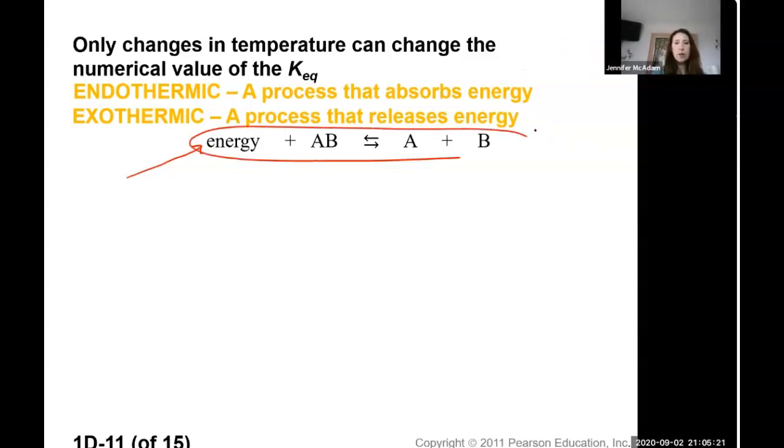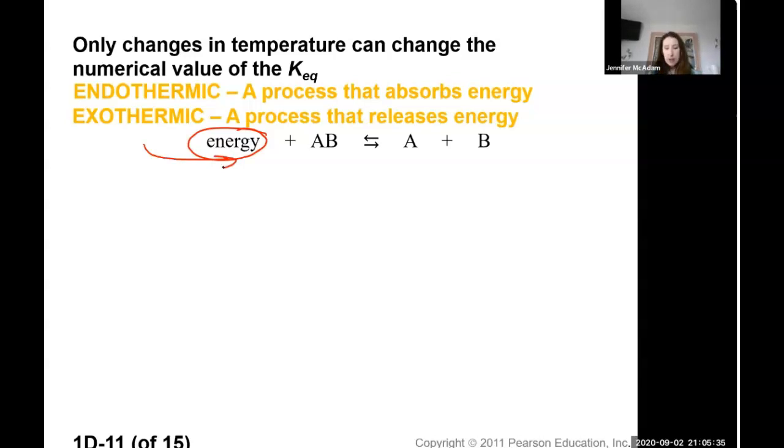This reaction here, endothermic or exothermic? Endothermic. Yeah, and how can we tell? Because it absorbs energy, it's on the entering side. So energy is going into the reaction, right? So now